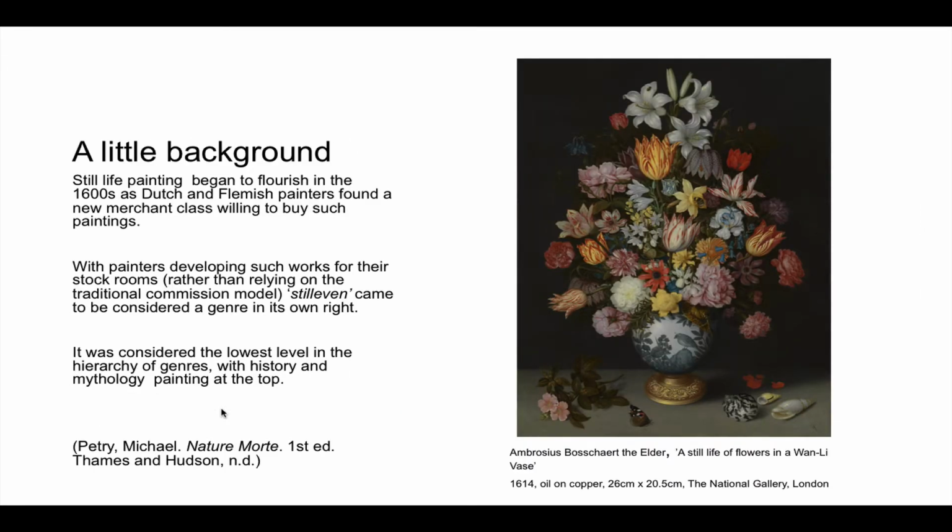I'd like to touch briefly a little more on the historical background of still life painting. This can by necessity only be a broad overview of just a few of the many subgenres that make up this rich and complex area of art history. Whilst arrangements of fruit, flowers and food and objects have existed throughout art history, the visual language and conventions that